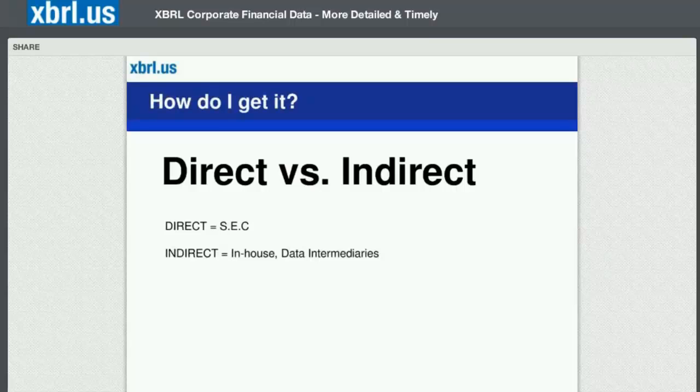If you're trying to do analysis on this data, you can go to the SEC website. They also have a link on there which gives you a viewer that allows you to view the XBRL data. So you can do that, or you can get the data indirectly, or really have this information in-house, and there's a couple of things you can do. You could either take all the data and process it yourself, or you can use a data intermediary. There's a number of data intermediaries who have been set up in the last couple of years who are making XBRL